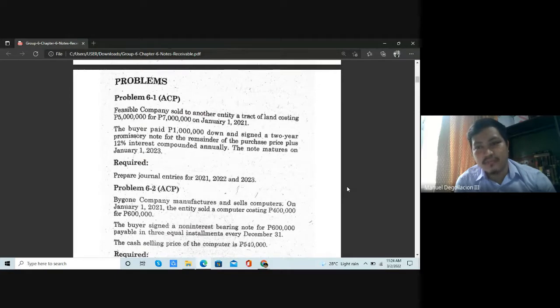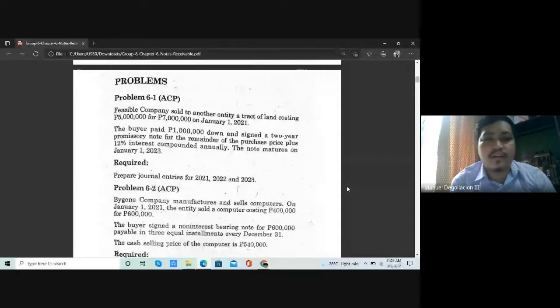And that is wrong because we will not just be receiving the 6 million, we will be receiving also the interest that was earned for the past 2 years. And how much interest was earned the past 2 years? 720,000 the first year, and 806,400 on the second year, for a total of 1,526,400. So again, if the question in this problem was compute for the cash collection on January 1, 2023, our